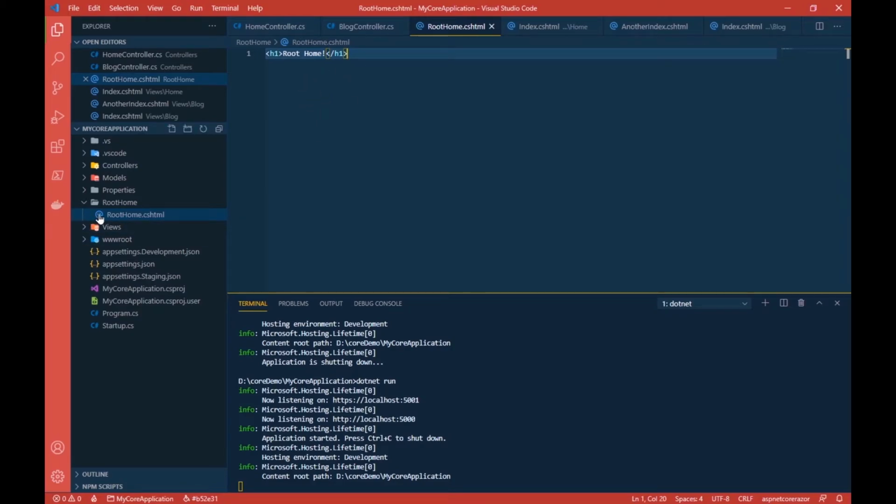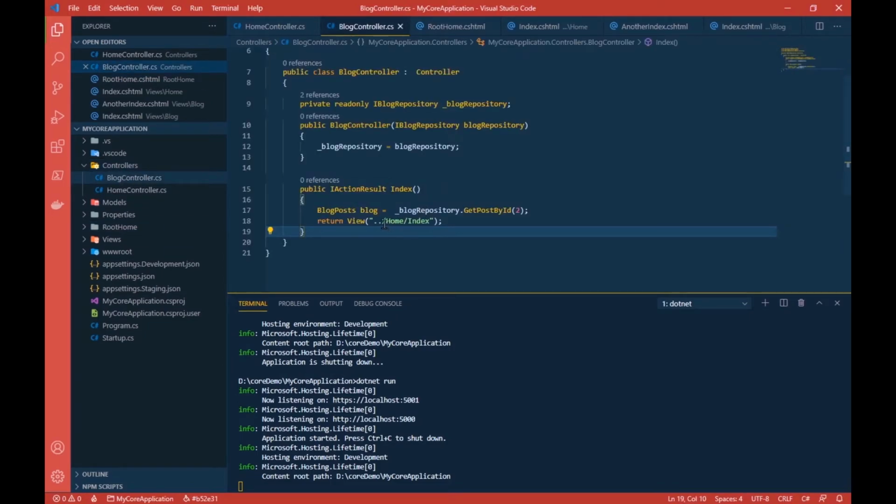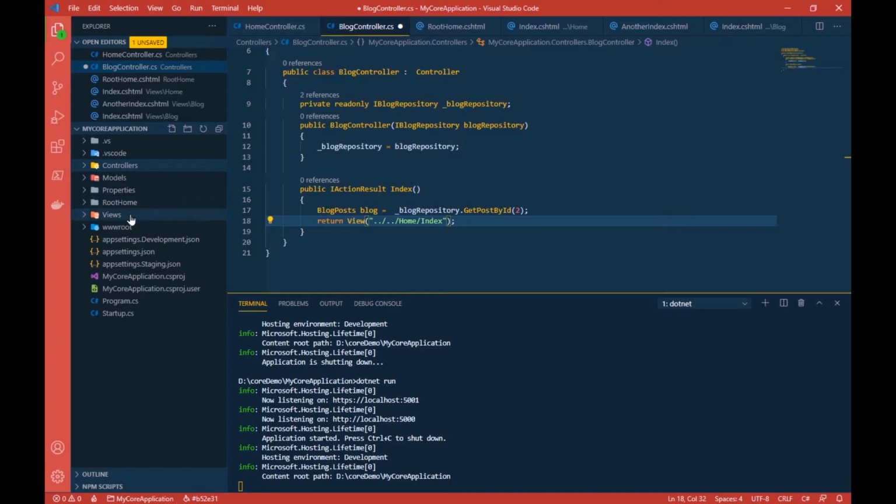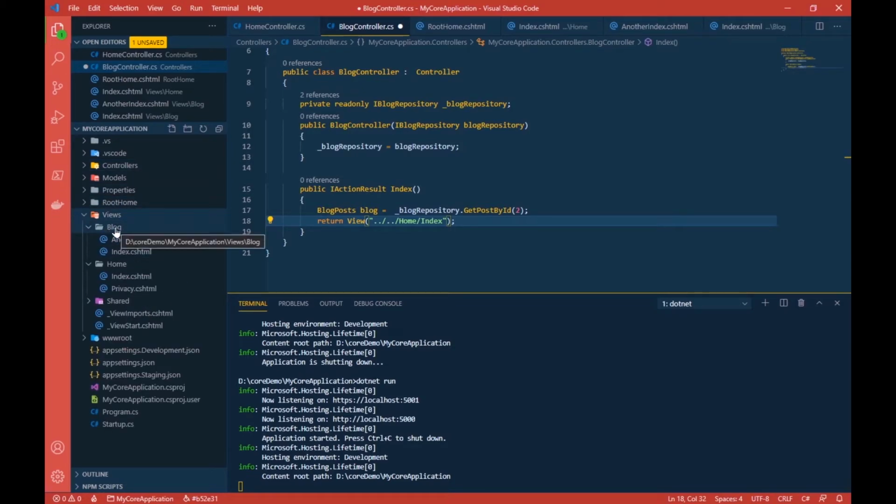Okay. So how can I access this? Well, it is simple. I'll simply tell this controller to go to the parent's folder. Which means that this block will go to views, and then it will again go to the views' parent folder, which is this application folder itself.